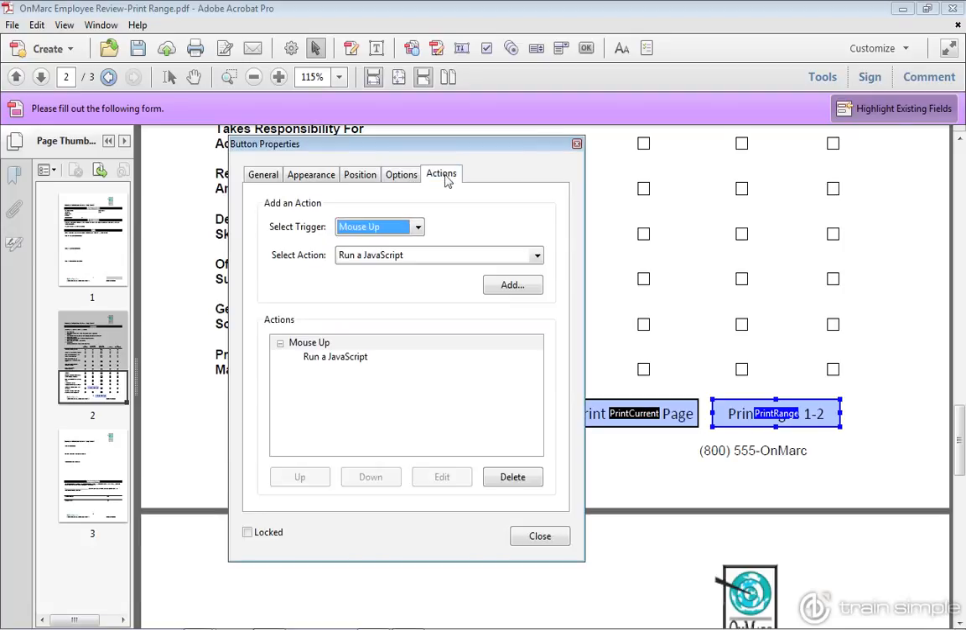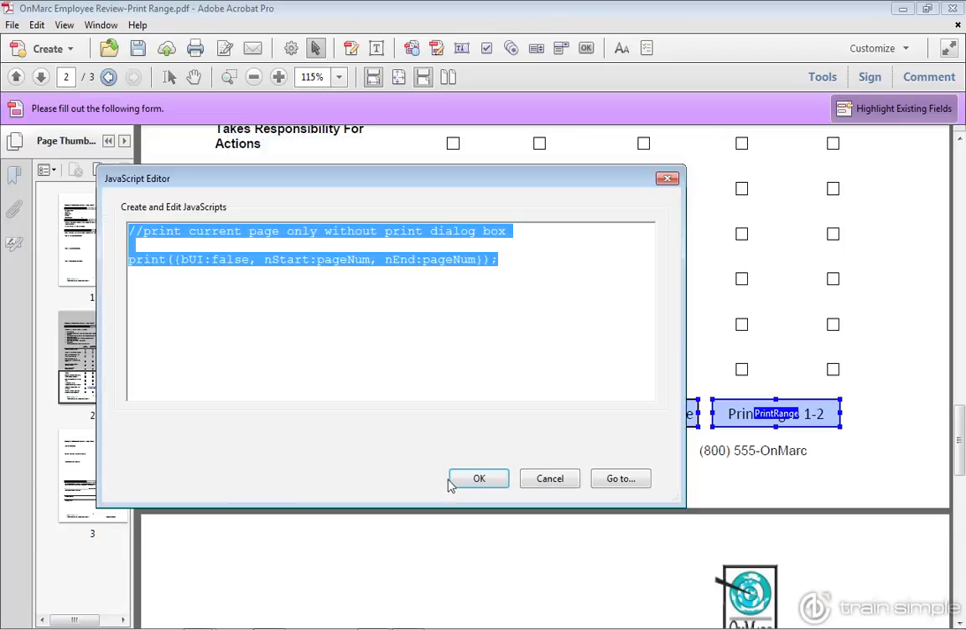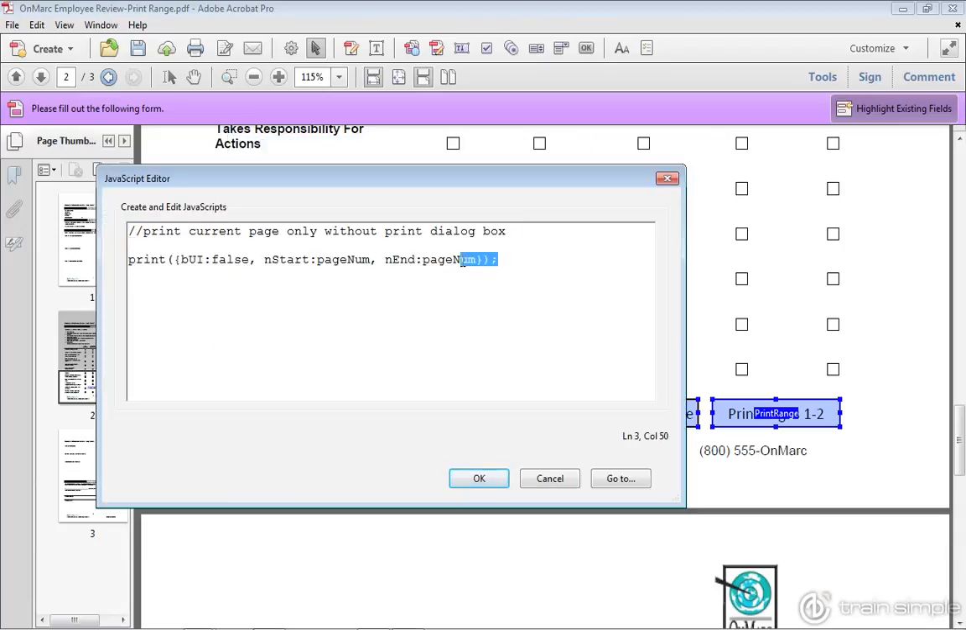I'll move over to the actions. Now we did a copy and paste. So take a look at our button. It already has that Run a JavaScript action located in this area. When you copy and paste a button, you are literally copying every property of that button, and that includes your scripts. So that makes it really nice and easy to be able to add additional buttons that are identical to the ones you're using. I'm going to click Edit because we need to modify this JavaScript right here